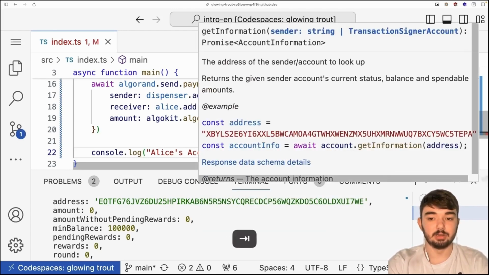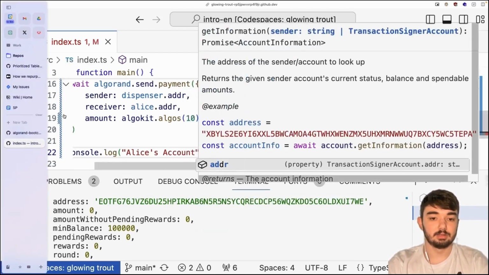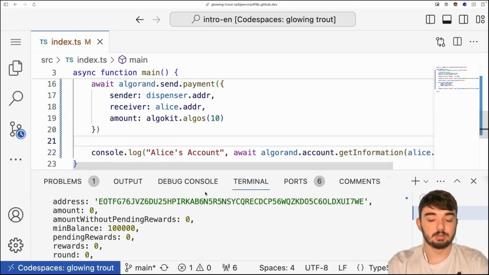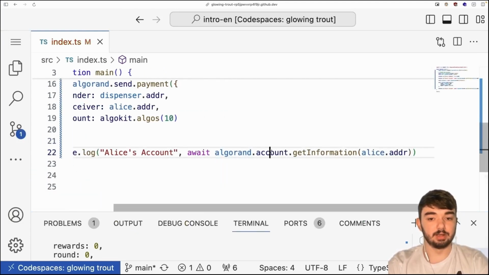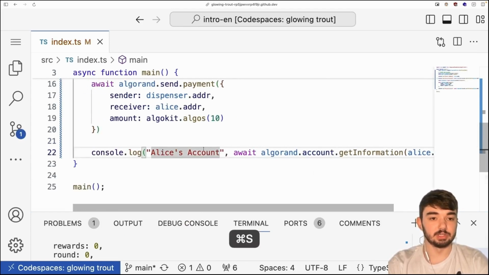Algorand.account.getInformation, and then Alice.address. Okay, so await Algorand account get information Alice address, just like before.